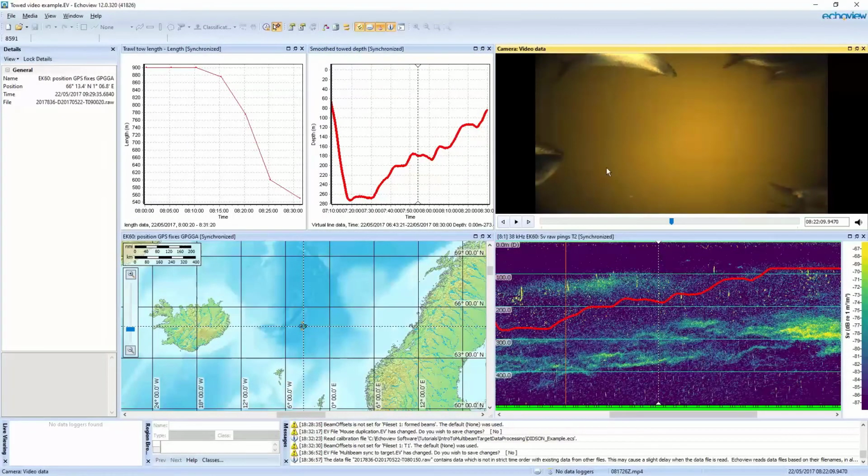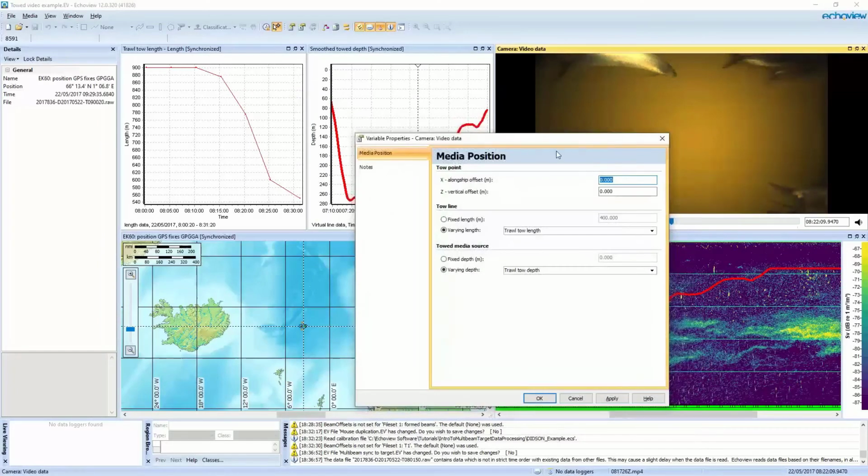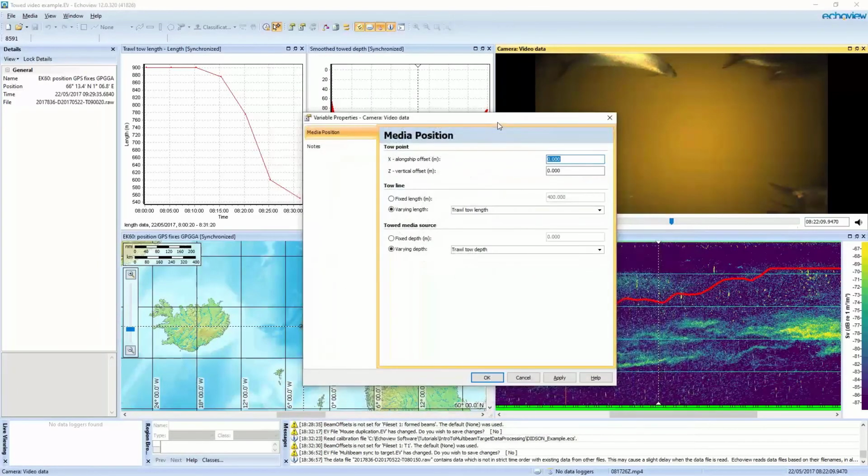For our video data, we now have some extra settings in variable properties. And this tells us the tow point of this video. So this is just an offset relative to your platform reference point. We have our tow line. So this is the length. As you can see, I've used these values that are shown in this graph here.